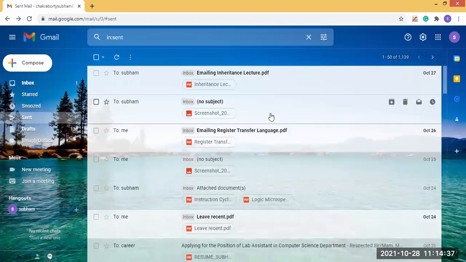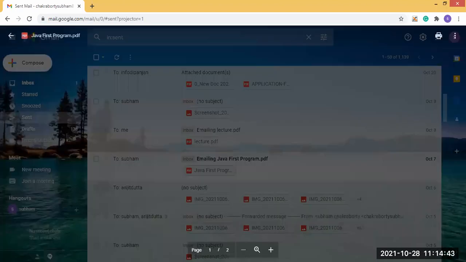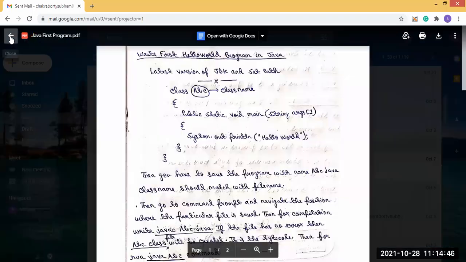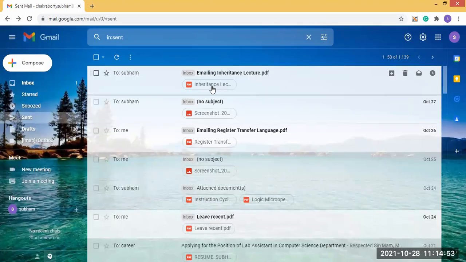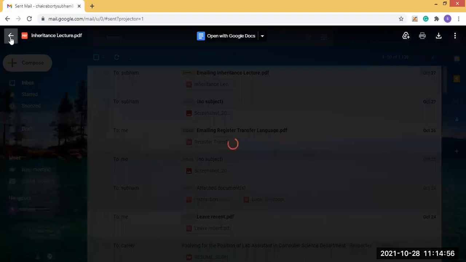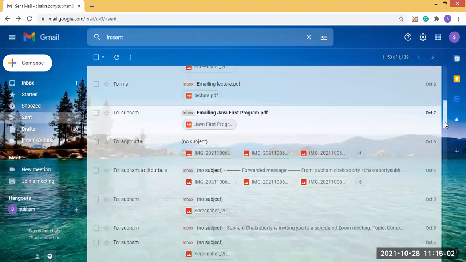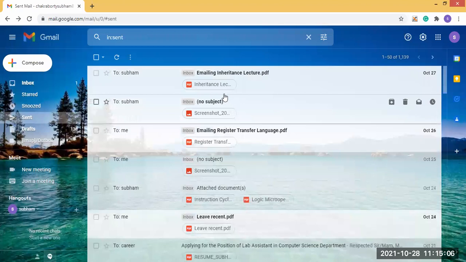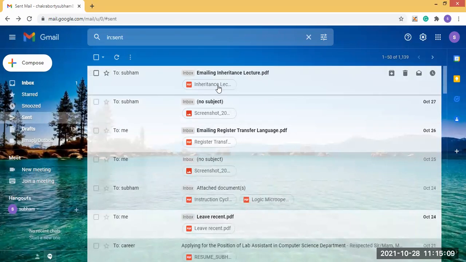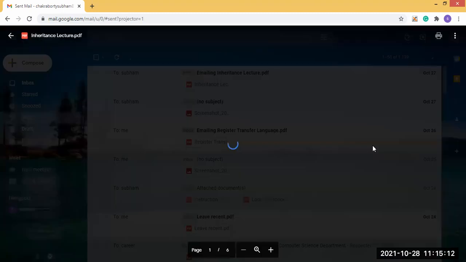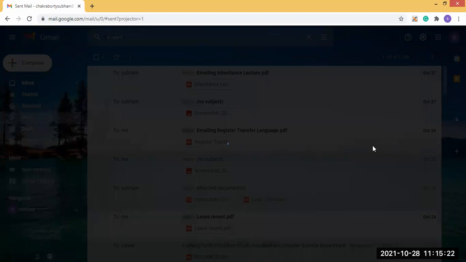Now we will start a new topic, the concept of inheritance.